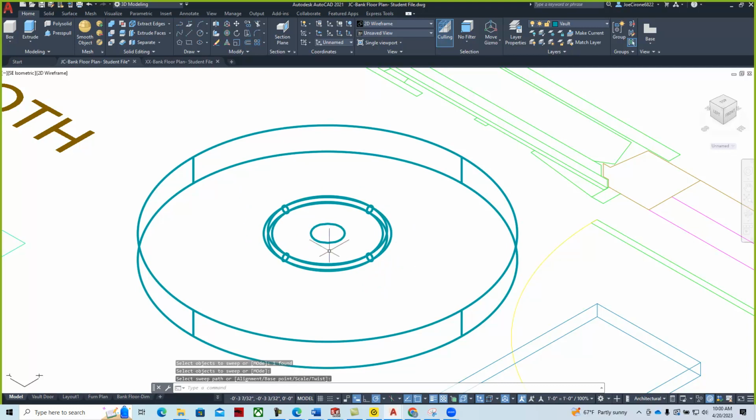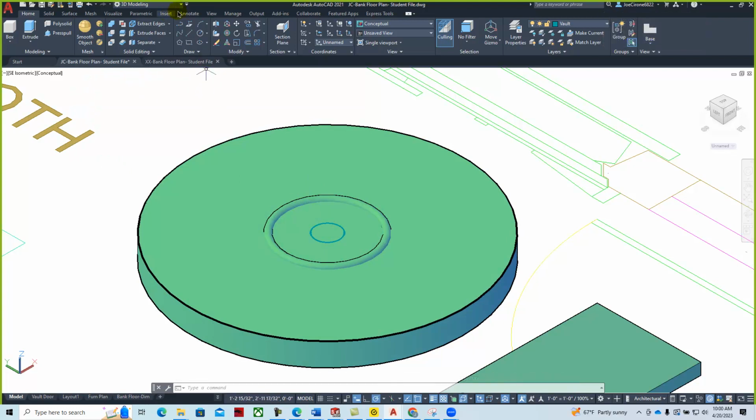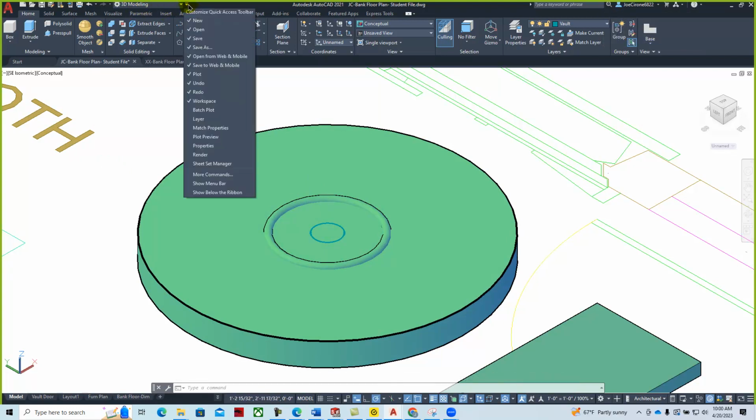We'll sweep it around that geometry, and then we get something that looks just like the vault door that we're kind of going for. And then if we go through and take a look at it in conceptual, what we would do is let's bring that up slightly with the 3D move. And so I have to turn back on my toolbar whenever I switch